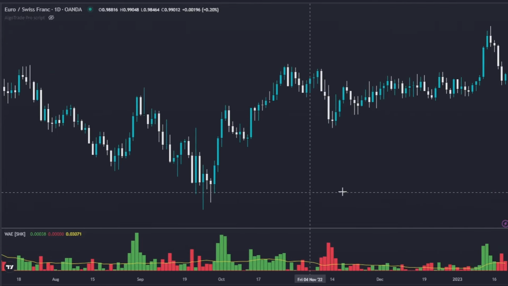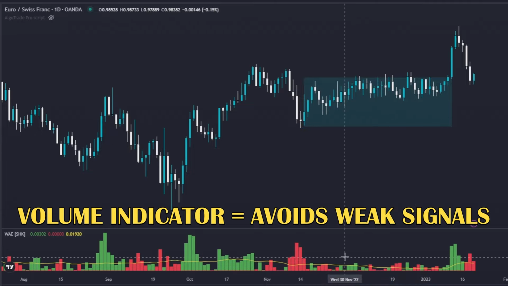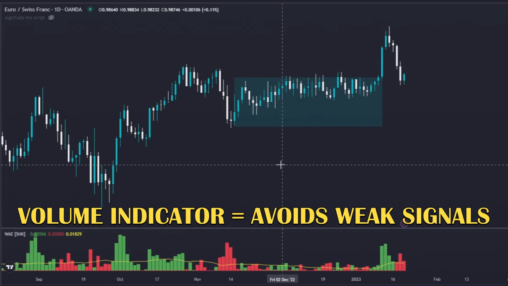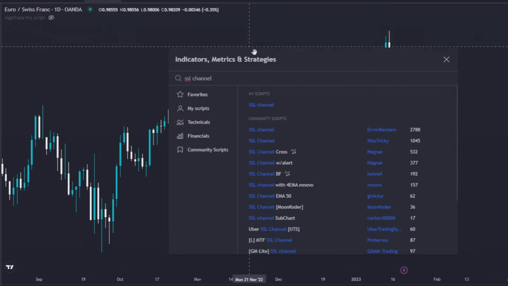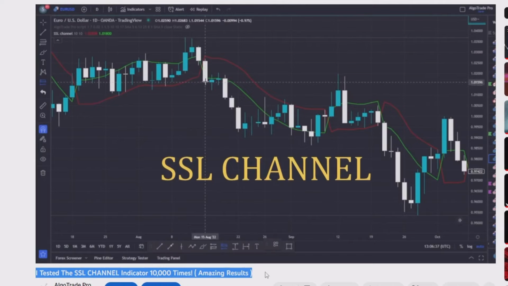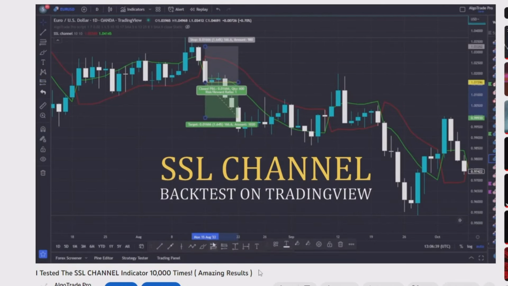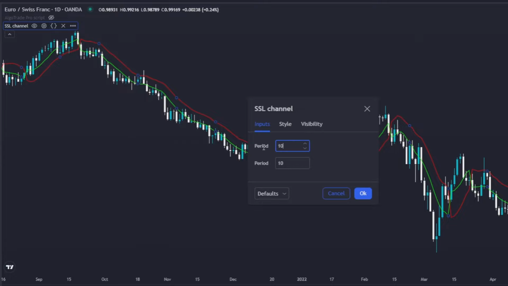The main objective of a volume indicator is to avoid weak signals from an entry confirmation indicator, especially when the market is choppy. For today's backtests, the entry confirmation indicator I will use is the SSL channel, the first indicator I test here in the channel. I will leave the link for this video in the description. The SSL channel indicator had an average win rate of 59.14%, so it is a good starting point for today's